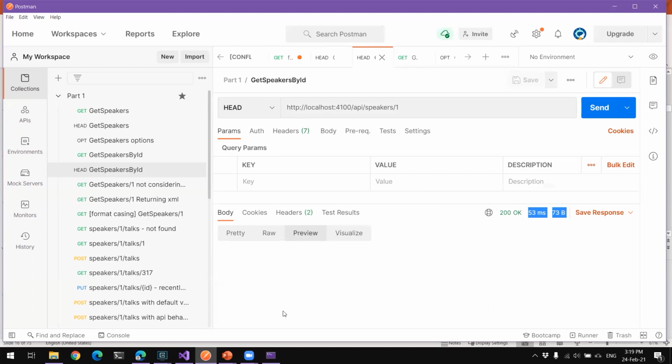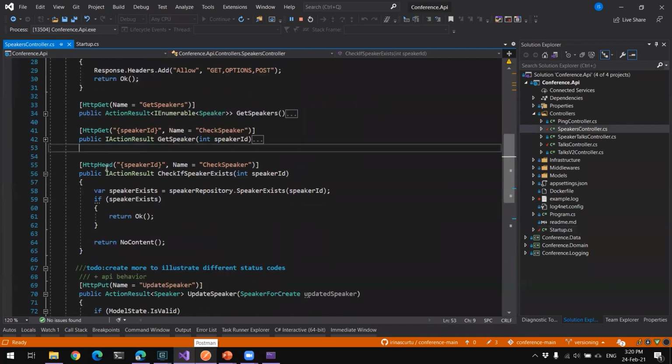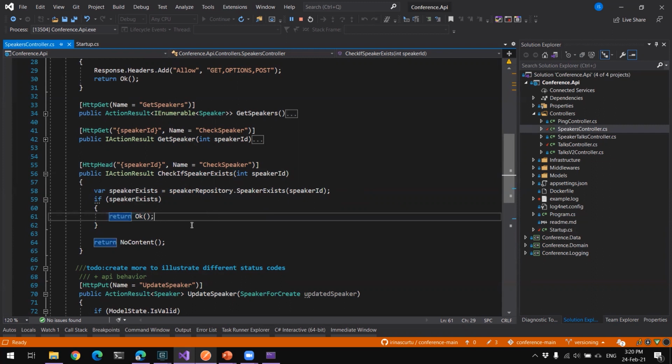But what you'll need to do in Web API is to implement that yourself. So we're using these attributes. You have the HttpGet, which is the most common and known. But for the HTTP HEAD, for example, we want to see if a speaker exists. And how do we do that? By just calling the repository and passing on the ID. If the speaker exists, well, we send back a 200 OK. And if the speaker is not there, we should say, hey, no content. So maybe the speaker is not there. It's not necessarily not found. It's up to you, but it should have a meaning.